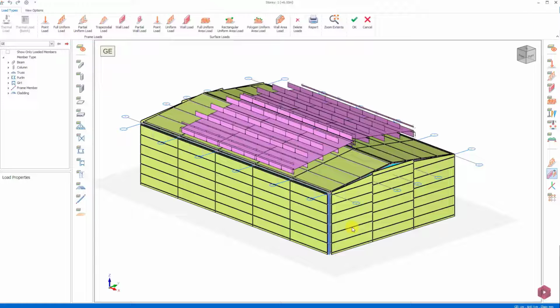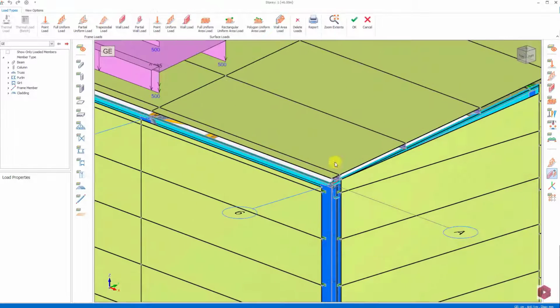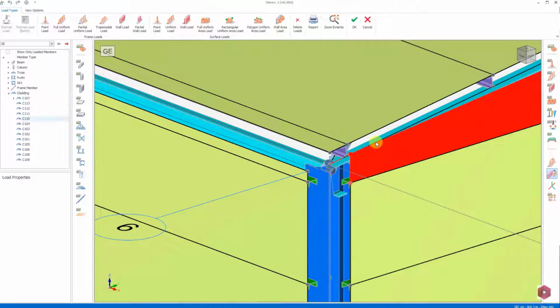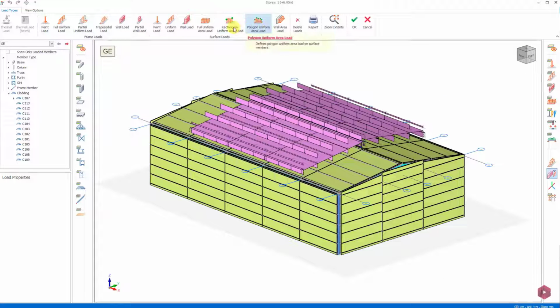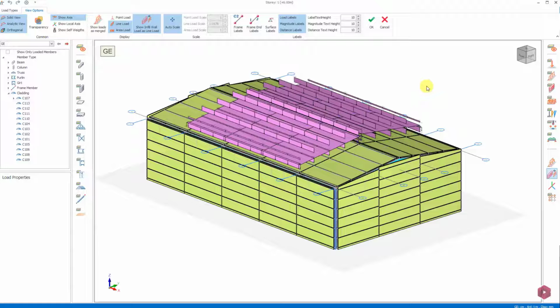In the Load Types menu, in addition to the area load, there are options such as point load, distributed load and trapezoidal load. In the View option menu, we can change the appearance properties of this interface. For example, we can enable cladding objects to be displayed in solid mode or as transparent from the settings in this section, or we can display them by combining the loads on the elements.